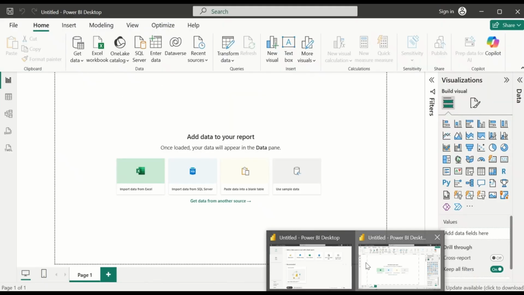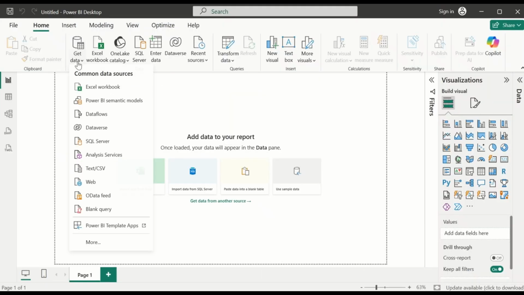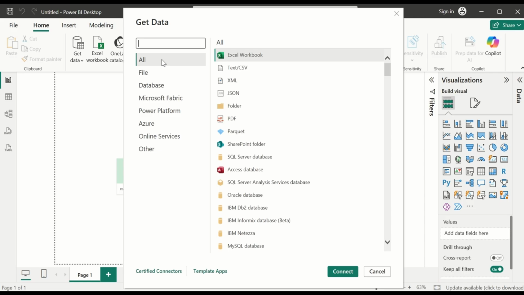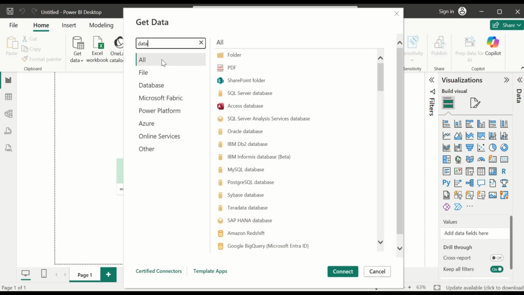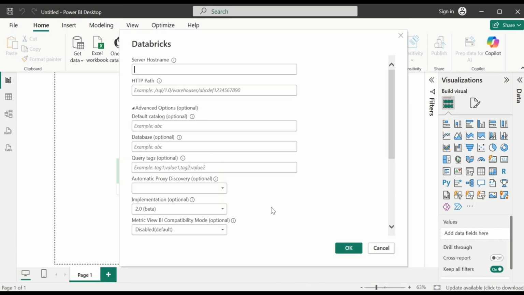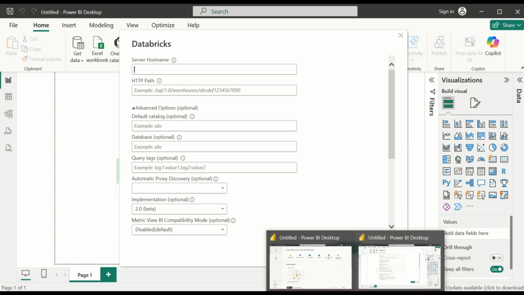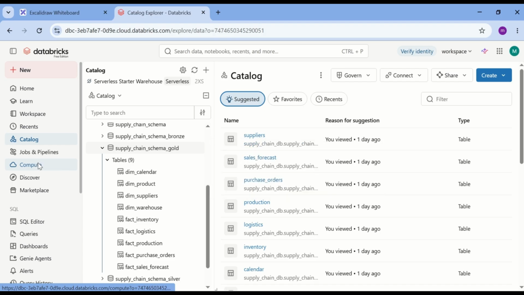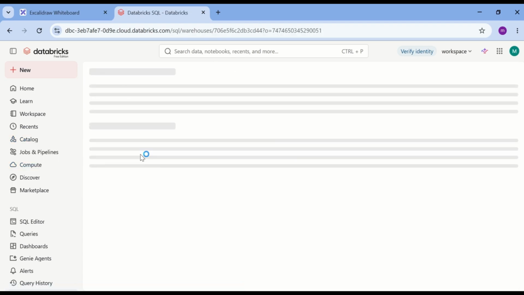So come to Power BI and then come to get data, come to more, and then you search Databricks. And then you click on connect. Yes, so host name, that one you will just get from the Databricks. So come to compute, then serverless data warehouse,